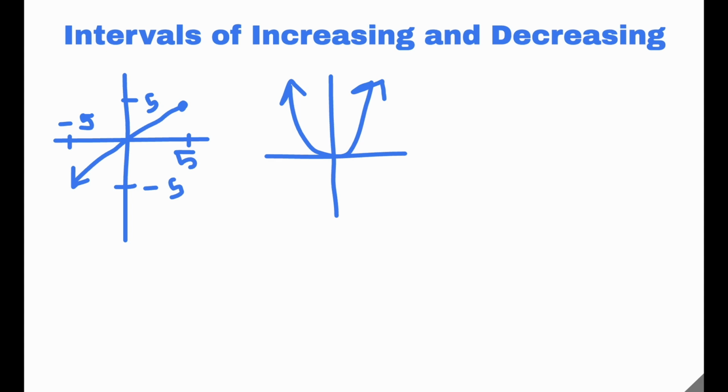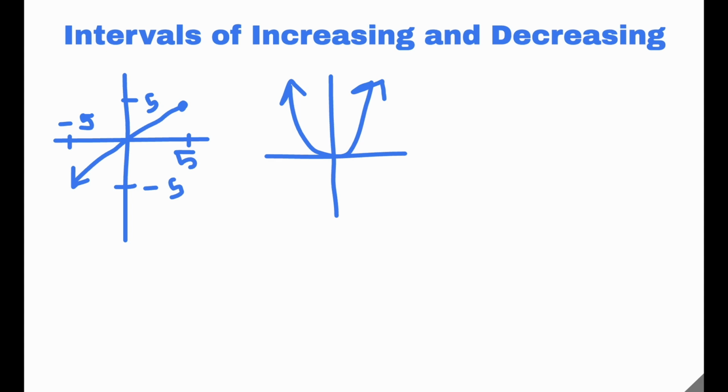So an interval of increasing would be saying that as my values of x are increasing, it describes what my output values are doing. So if my input or my x values are increasing by 1, and my y values are increasing by, say, 2 each time, then that would be an interval of increasing. Whereas if my x values, or my input values, were increasing by 1, and my y values were decreasing by a certain number, or being multiplied by a number less than 1, then I would be looking at an interval